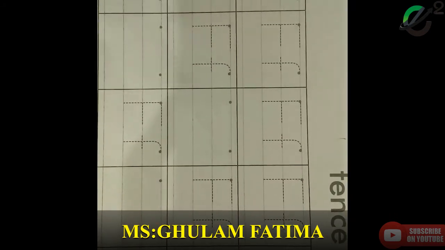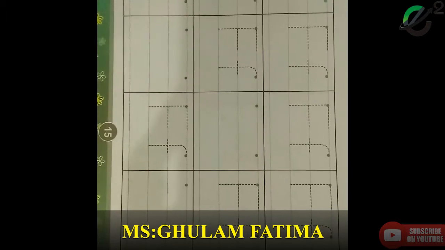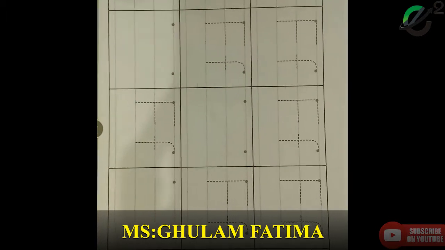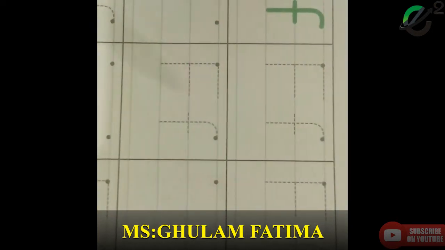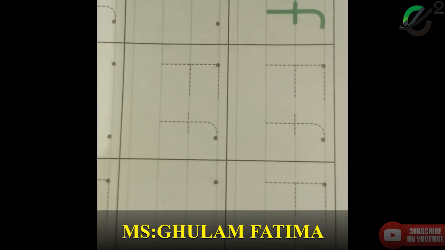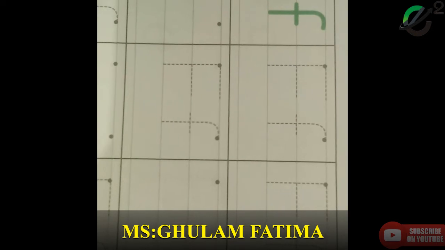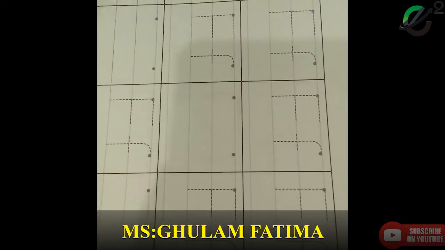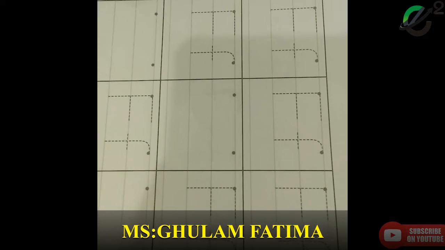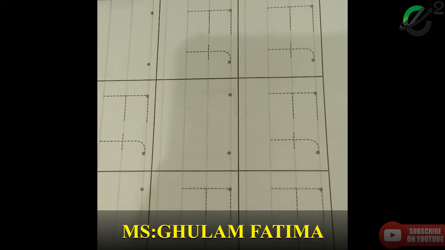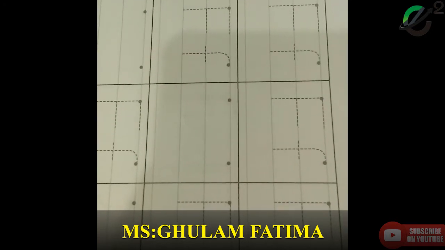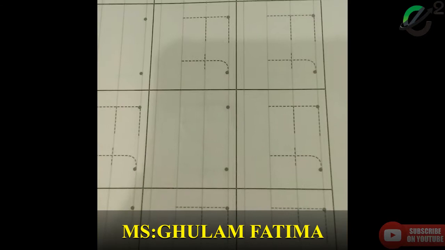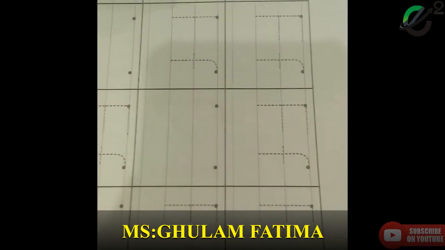My dear students, this is page number 15 and now I am going to teach you how to write letter F in correct formation. You have to trace on these dots and also write on the dots. First of all, touch the dot, make a standing line down and make a sleeping line to the right, and go to the middle and make another line in the same way. This is capital F and now small f.